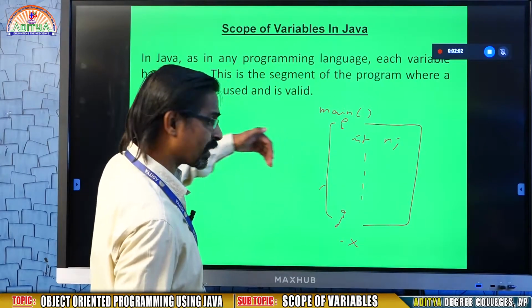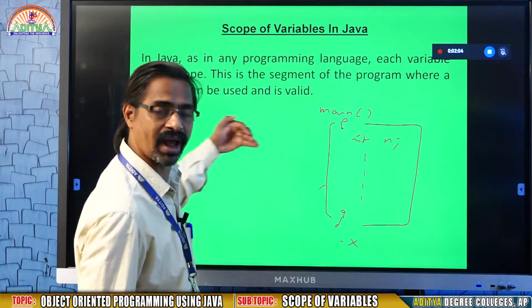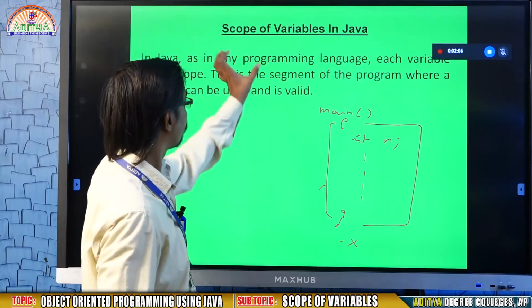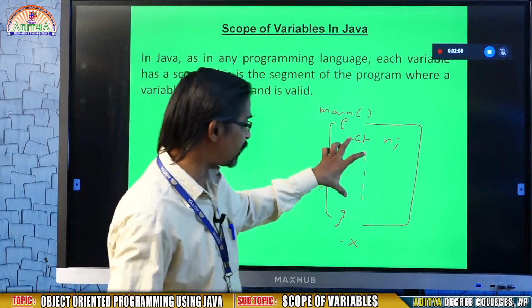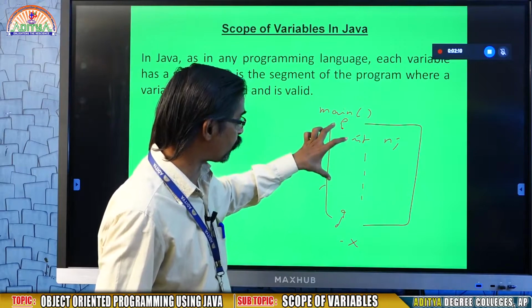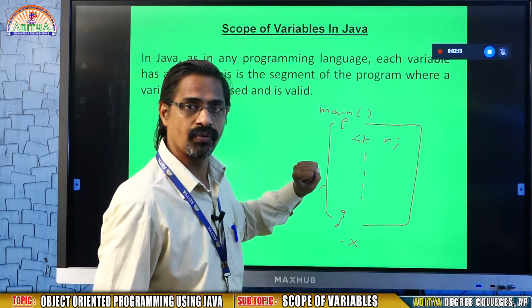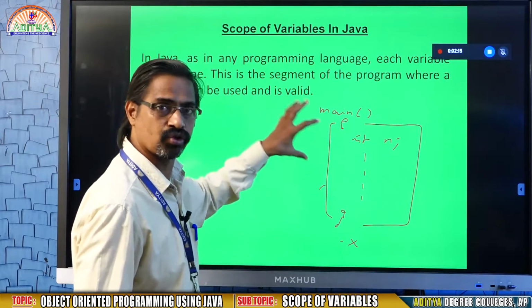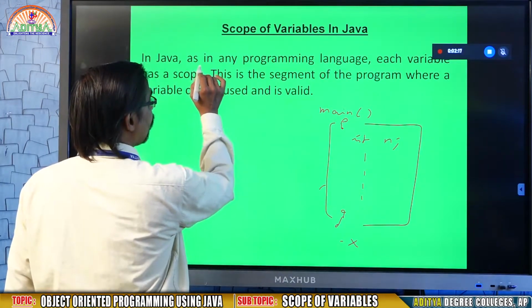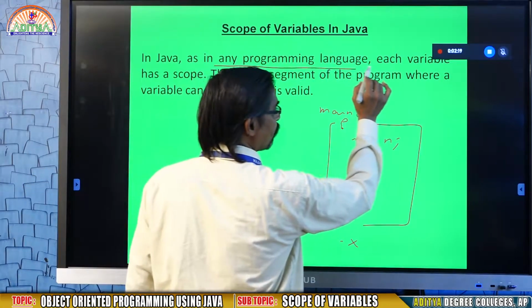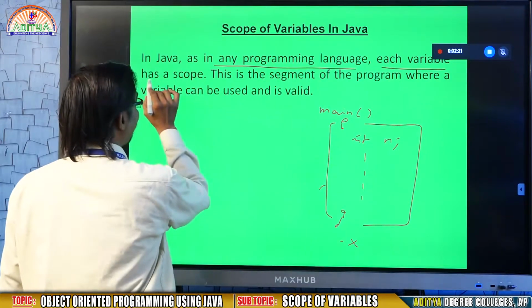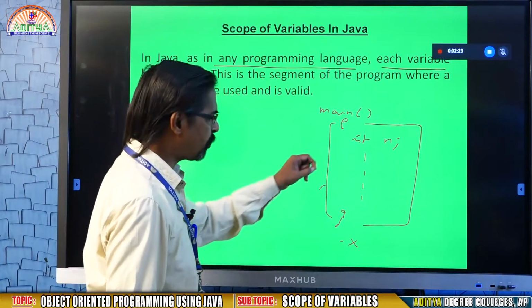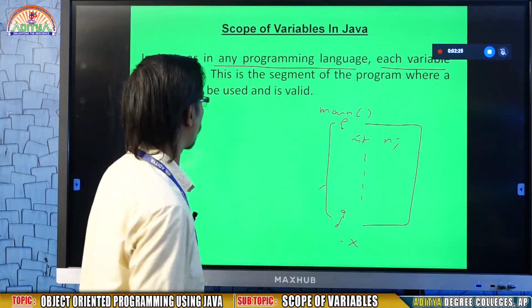Or when you are going to another function, this variable is not available. That means the scope represents the area or the boundary where we see this variable. That is called scope of variable. So, in Java, as in any programming language, each variable you define has a scope.